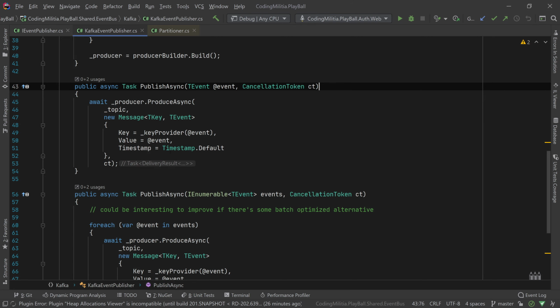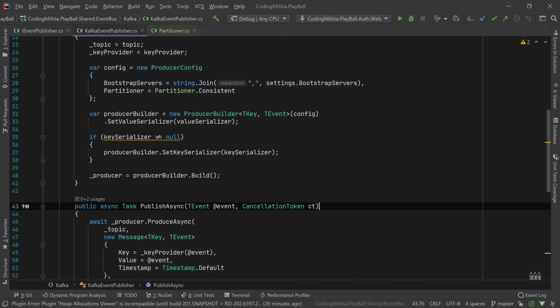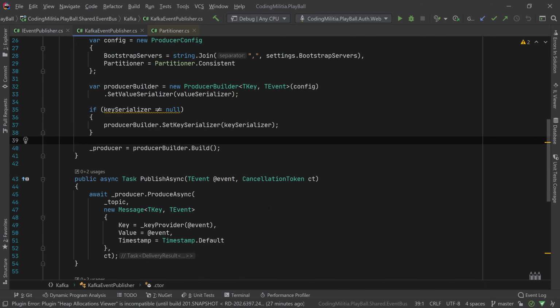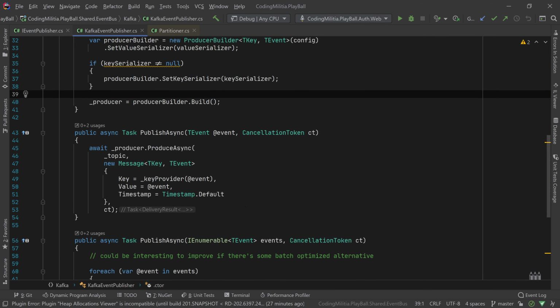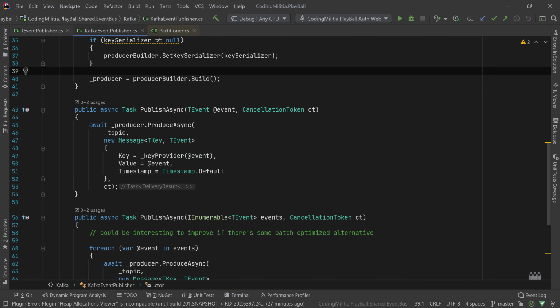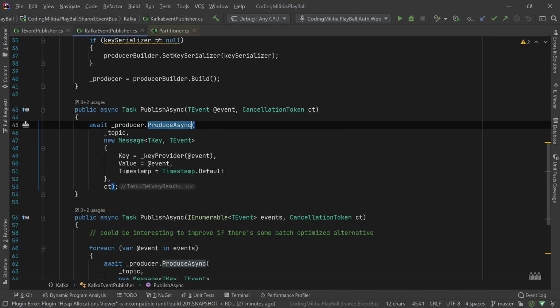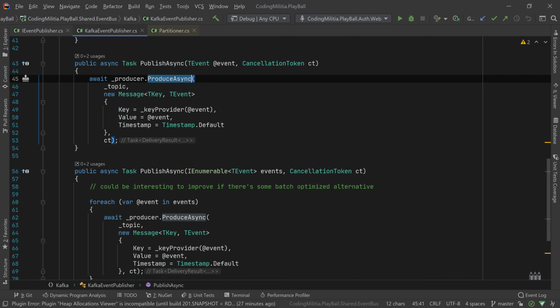And you notice that we are just putting the key and the event directly. We're not serializing, because over here we set the serializer, so the value serializer and the key serializer. So the library itself will take care of serializing things. And that's mostly it. We create the message, pass the topic, and produce. That's it. For the PublishAsync that gets a collection of events,